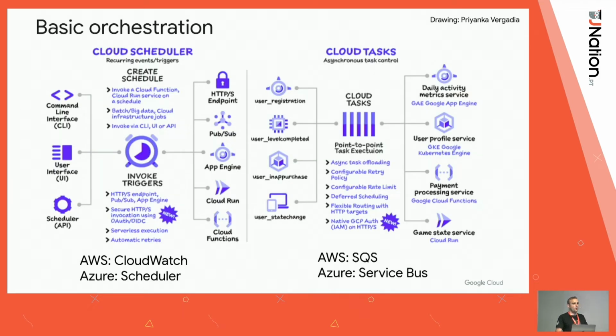And we could also start doing some basic orchestration. So let's say you want to deploy a service, it's a serverless service, but you want to call it on a certain day at a certain time, right? You could use services like Cloud Scheduler on Google Cloud to configure that. And on AWS and Azure, it's called CloudWatch and Scheduler. But basically, this allows you to do a little bit of orchestration of your service.